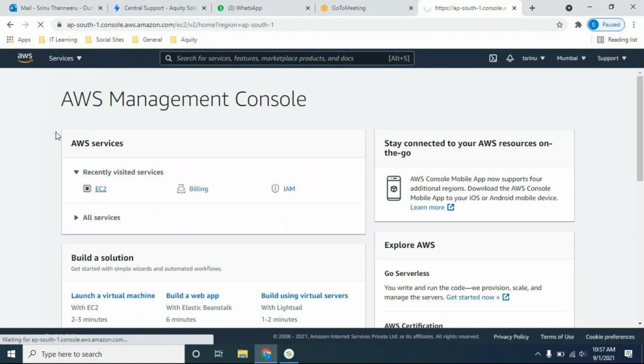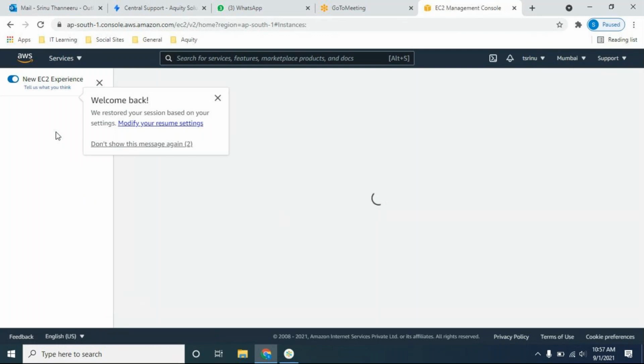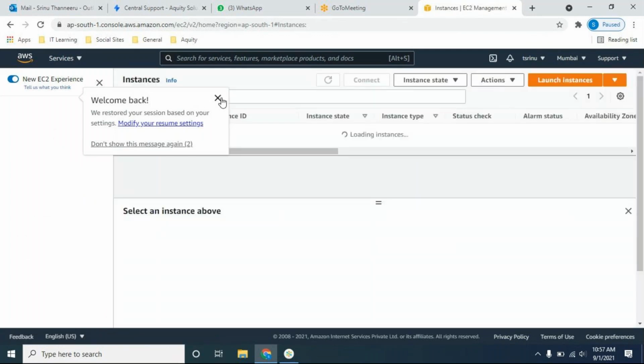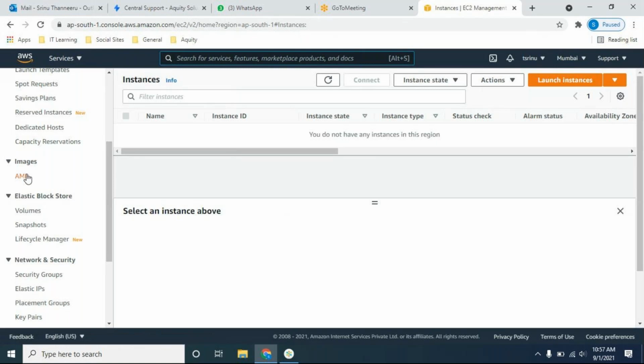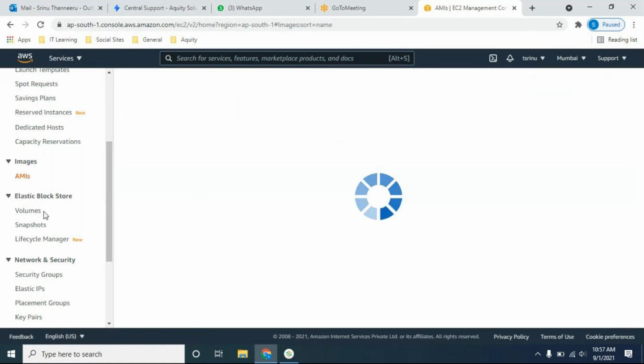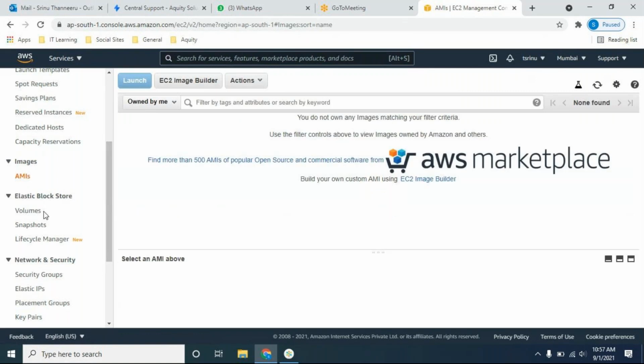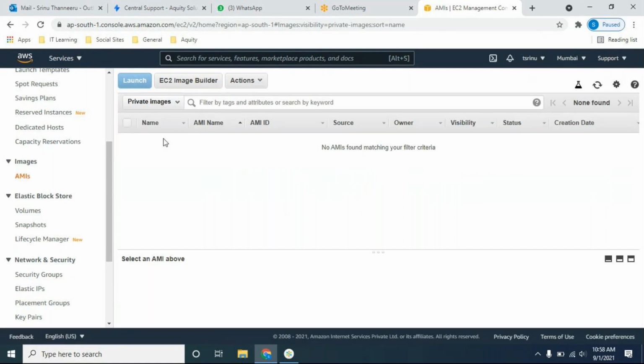Go to AMI. Owned by me, or shared, no, public image, go to private image. Private. Oregon region, change your region.